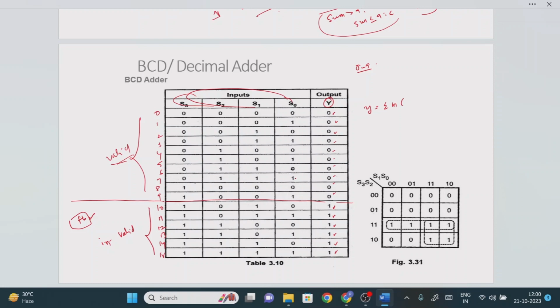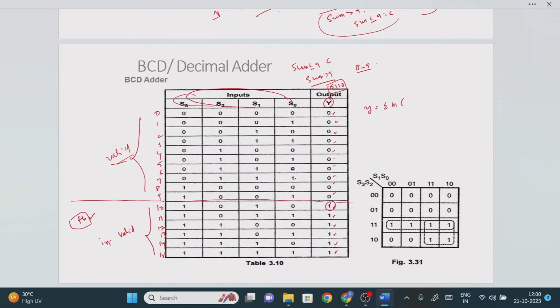What that logic circuit will do for us is, the moment the sum is less than or equal to 9 with a carry generated, or the sum is greater than 9, it will automatically add 0110 for us, because these are the invalid 6 states, right? This is what we are going to find out now. Now, what is the minterms value for this one?